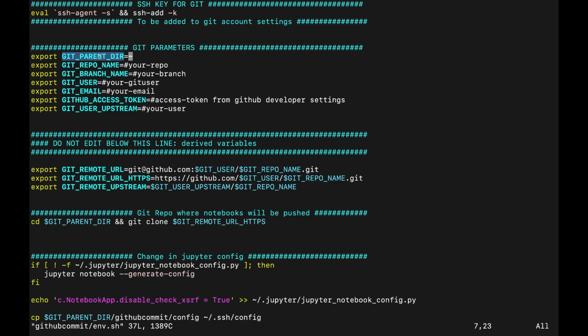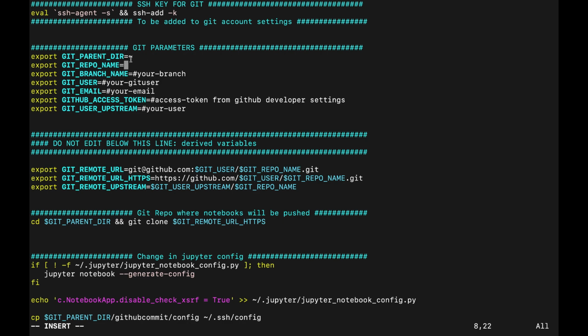This is the parent directory from where you would be instantiating your Jupyter. Inside this parent directory there can even be multiple branches that you need to work with, or even the branch with which we would work. So that should be present inside this parent directory, and for now I am just keeping this as the tilde symbol. This means home Ubuntu. This is the short version of that.